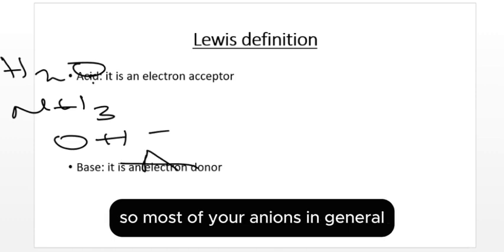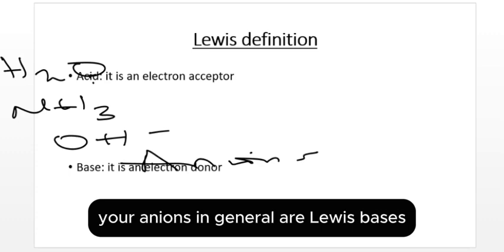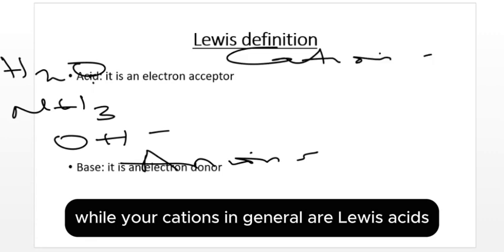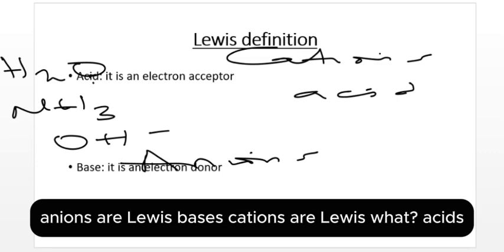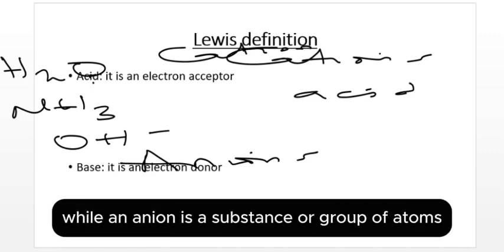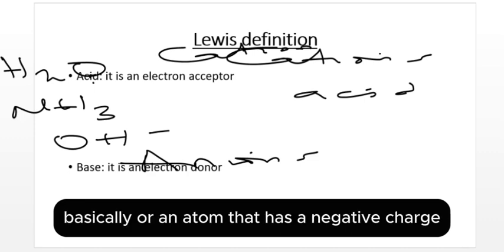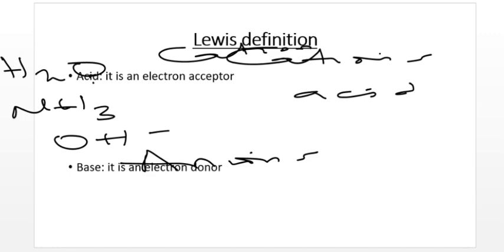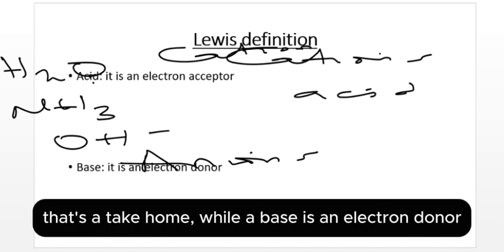So most of your anions in general are Lewis bases, while your cations in general are Lewis acids. Anions are Lewis bases, cations are Lewis what? Acids. Are we together? A cation is an atom or group of atoms that has a positive charge, while an anion is an atom or group of atoms that has a negative charge. So according to Lewis, an acid is an electron acceptor, that's the take home, while a base is